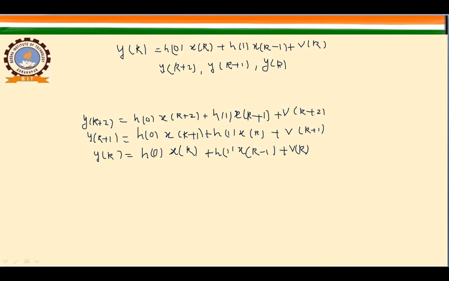ये 3 इक्वेशंस हमको मिलीं, स्टेजेस 3 मिले, और इसको हम मैट्रिक्स फॉर्म में कंबाइन करेंगे, लिख सकते हैं। तो अगर हम आउटपुट के फॉर्म में इसको मैट्रिक्स के फॉर्म में अगर लिखें तो ये होगा मैट्रिक्स, ये वाली रो लेंगे y k+2, y k+1, y k, द आउटपुट मैट्रिक्स के कंबाइंड करके।